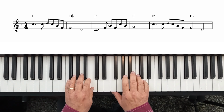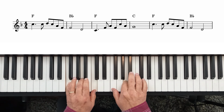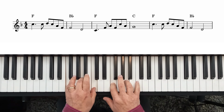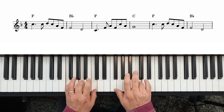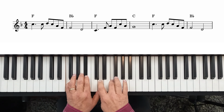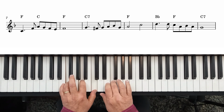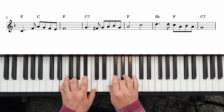So we added the basic chords. We went from F to B flat, back to F, C7, F, B flat, F, C7, F. And we found that as we continued,